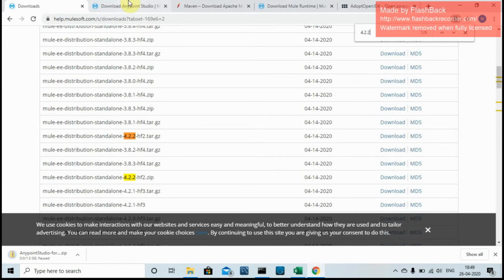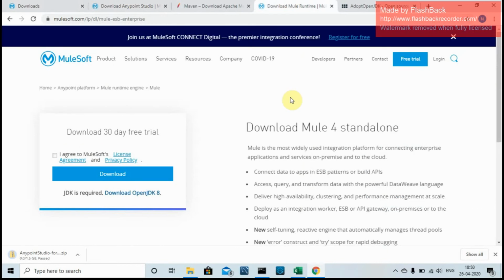Similarly, this is for the subscription-based downloads and it has a limitation: it is only 30 days. But if you don't have this particular relationship with MuleSoft for downloading all their software, the other way could be to download it from the public site.